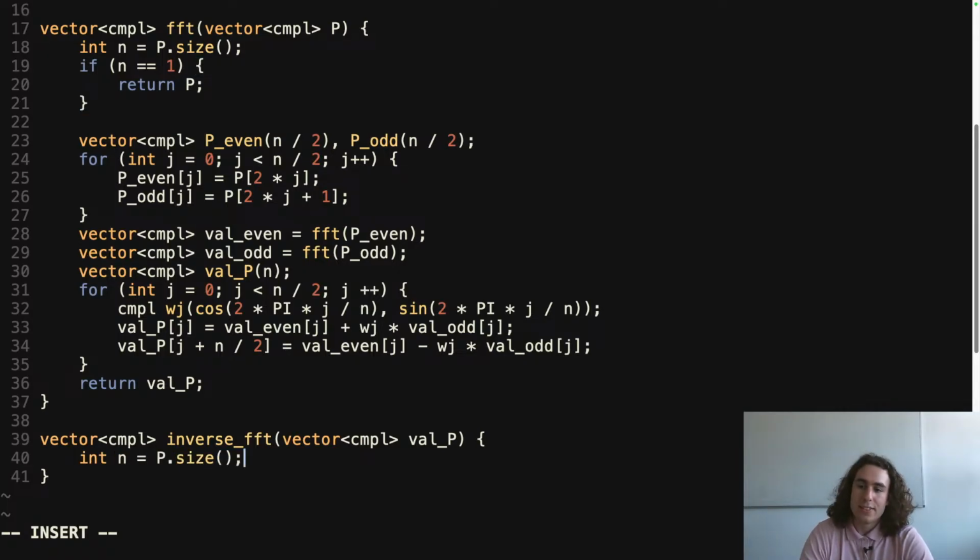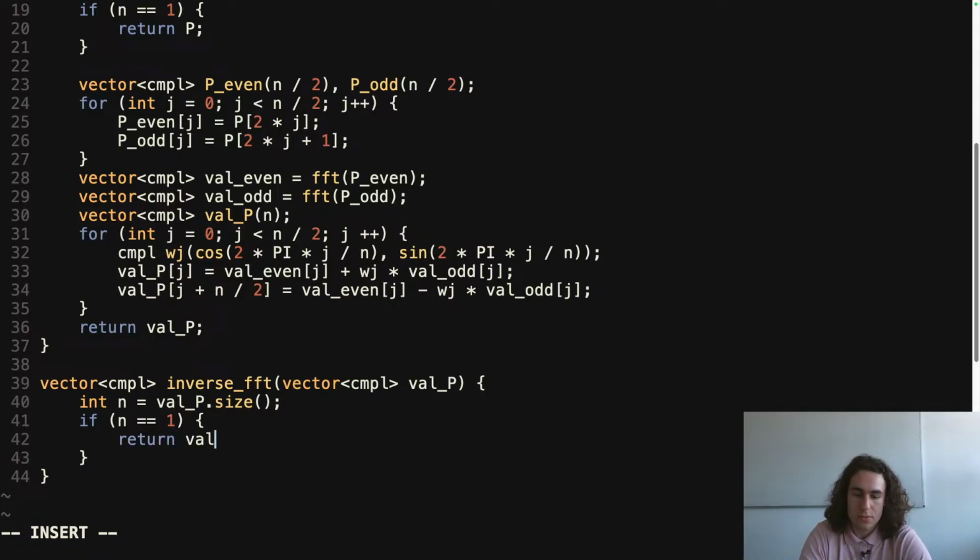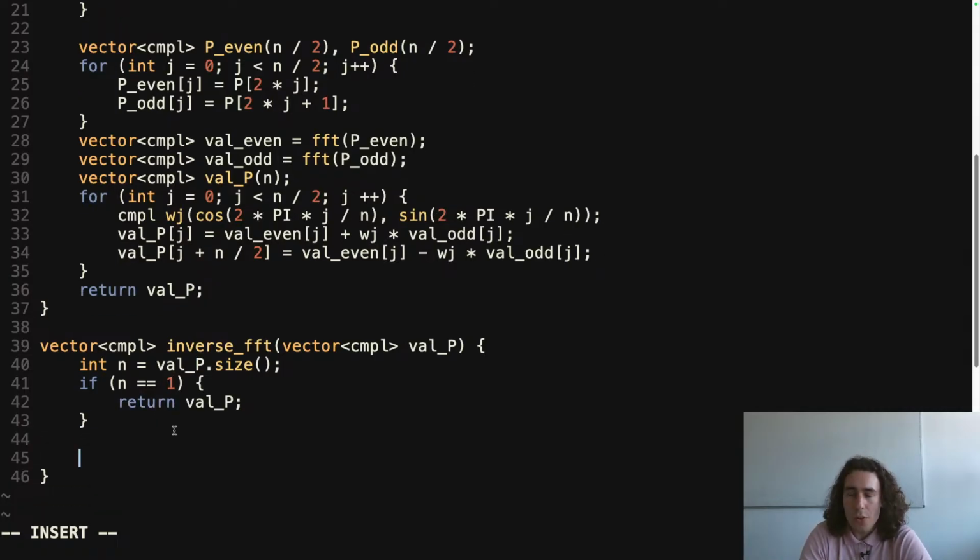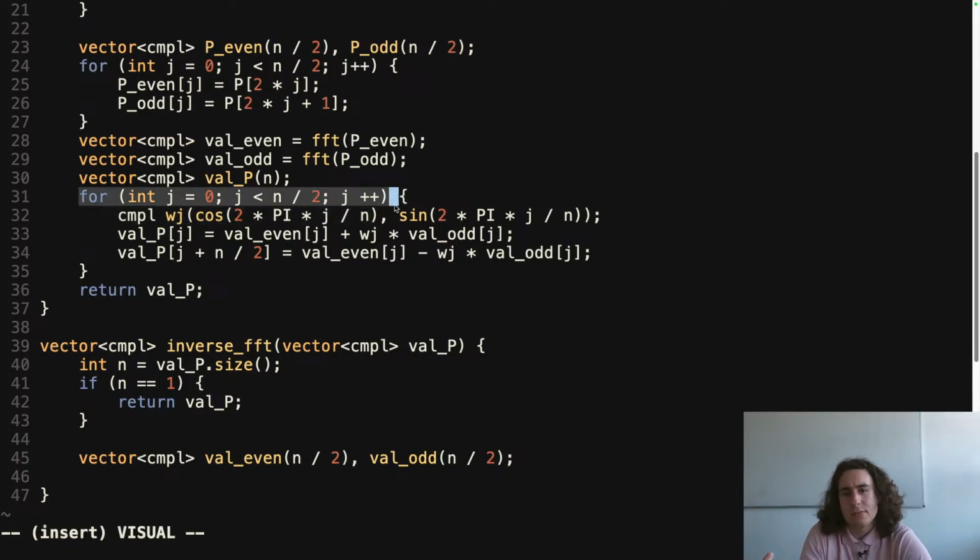So we have n is the size of p. If n is 1, we did nothing, so we again do nothing. If n is 1, oh, it's not the size of p, it's the size of val p. We return val p. Otherwise, we have values of p. From them, we need to calculate the values of val even and val odd, right? So let's make these vectors. Val even of size n half, val odd of size n half. How do we calculate them? When we again go through this cycle,